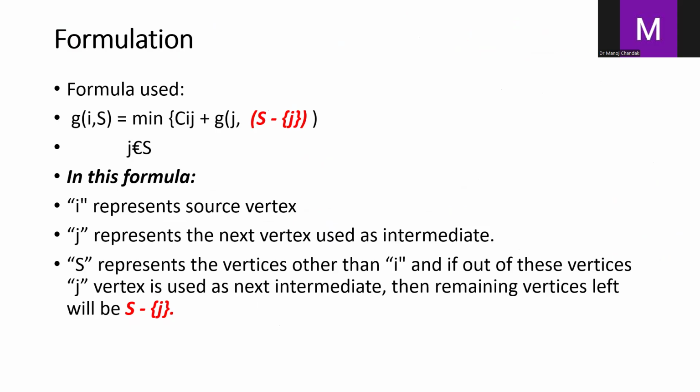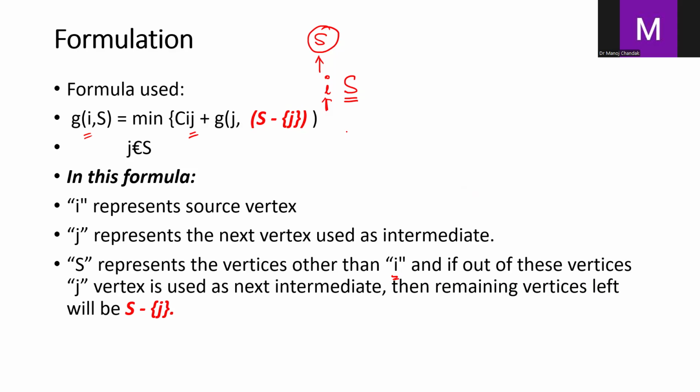Whenever we are trying to derive the cycle, we will define a vertex as the source. In our formula, we treat that source as i, and here the capital S represents the vertices which are present in the graph but not the vertex selected as the source. So S represents the vertices other than i, and out of these vertices, one vertex will be used as the next intermediate,